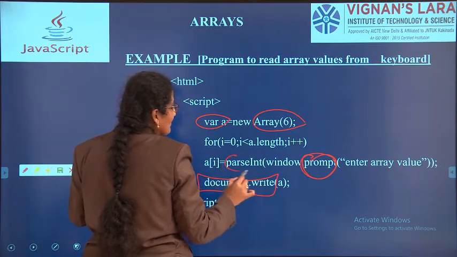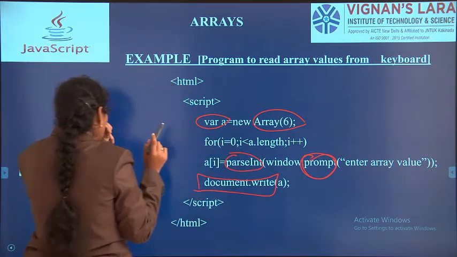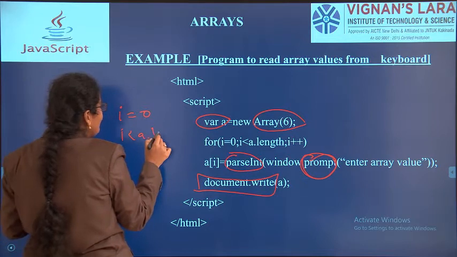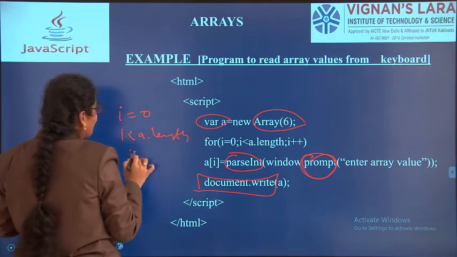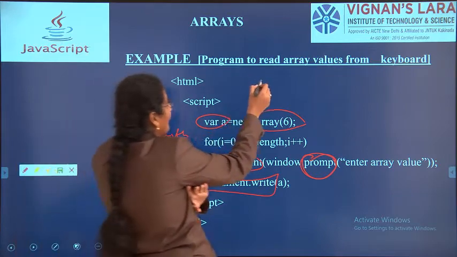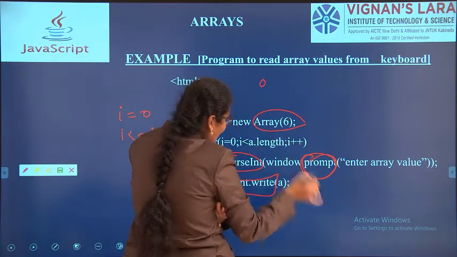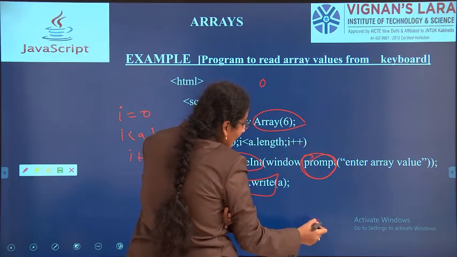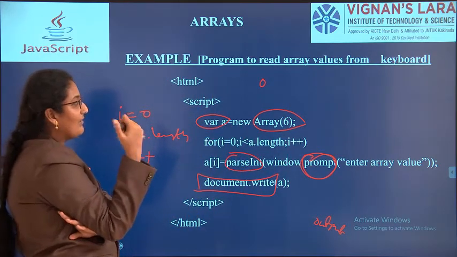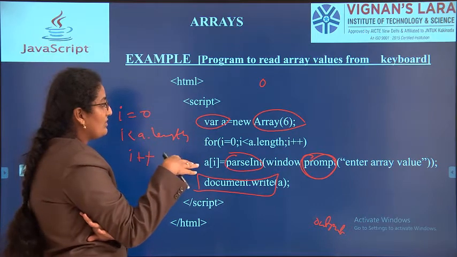For that I have used parseInt. After doing all these things, I need to check the for loop and its conditions. These are general conditions in a for loop. You already know this in C programming also. First we will check with 0. If the condition is satisfied, that element will be in the output. So it is the same logic whether you are working with Java or with C language.